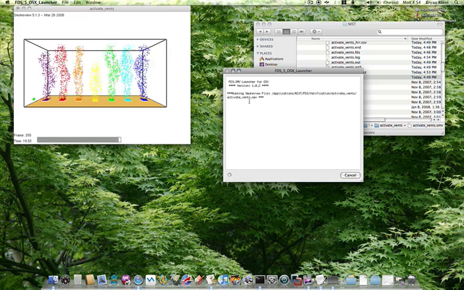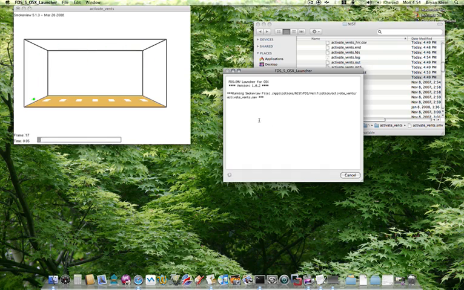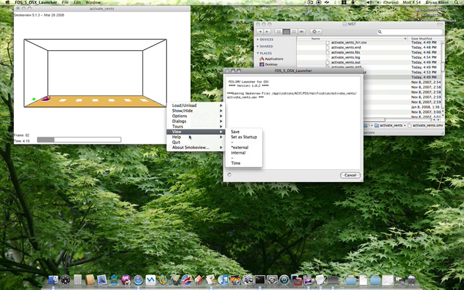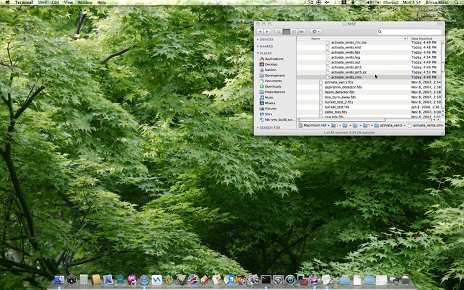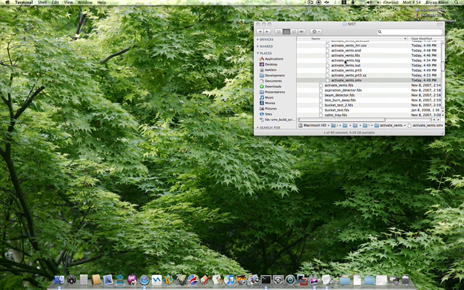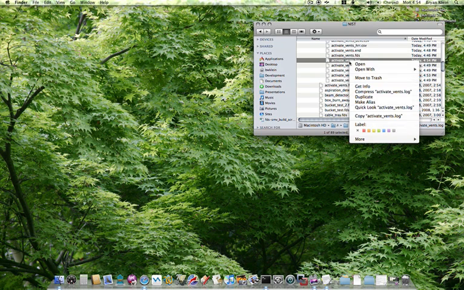Originally, when I wrote the launcher, you would get all that to here. But what ended up happening is it was really laggy because it had to type, essentially, all of this information to this text window, redirecting and pumping it out to this box. So what I did instead is I have the launcher create a log file just for performance. You'll notice a little .log here, and if you open that,